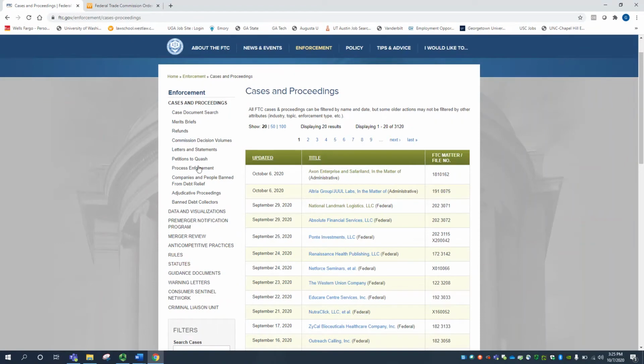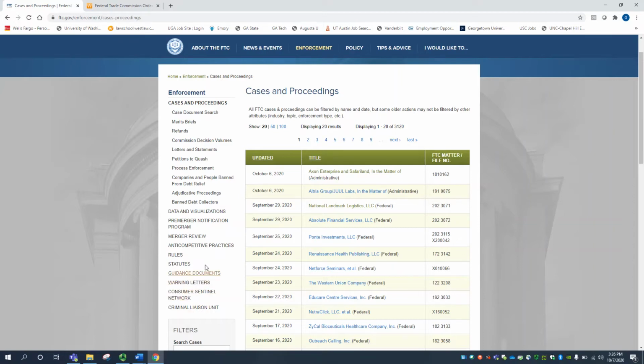If you scroll down to the different categories of sources that are available here, you can see that we have rules and statutes. And these categories are pretty self-explanatory. You're going to find all of the agency's various regulations as well as its enabling statutes. And these are all materials that you would probably usually be better off researching elsewhere if you could. Although it is convenient at least to have them in this one place so you can know this is everything that the FTC really deals with.